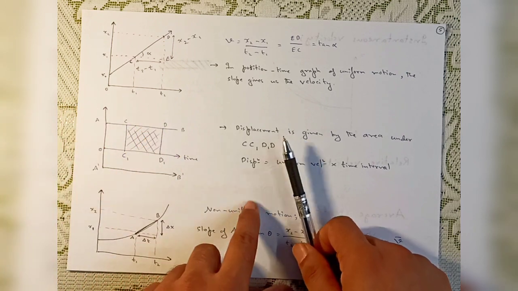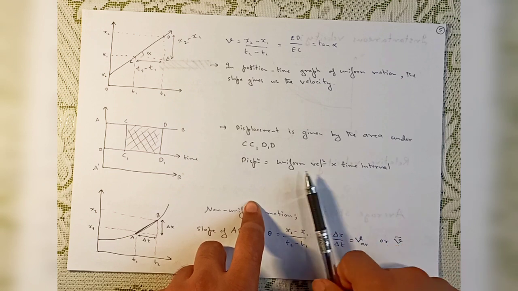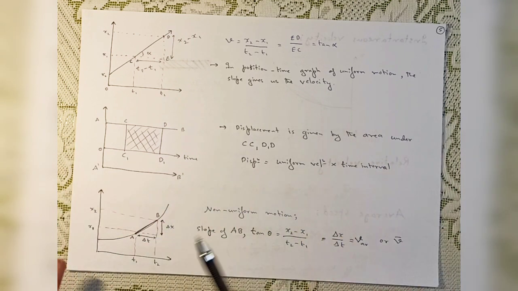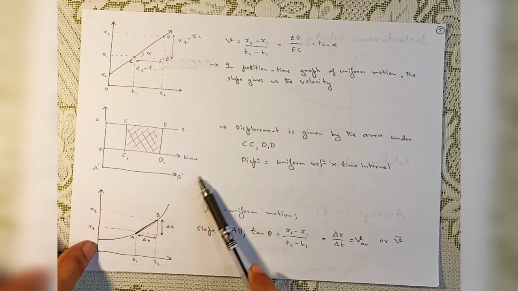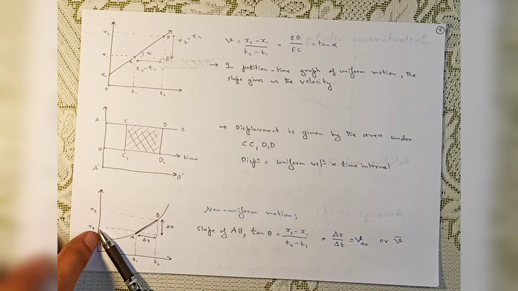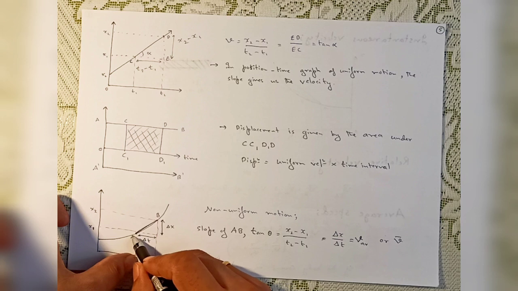Where displacement is nothing but what? Uniform velocity into time interval. And then let us have a look at this particular graph, which is the non-uniform motion. Similar to this, here again, from this point, the body is moving with a non-uniform motion. Here slowly it starts accelerating, so by the time it reaches x1 within time t1, x2 within time t2,